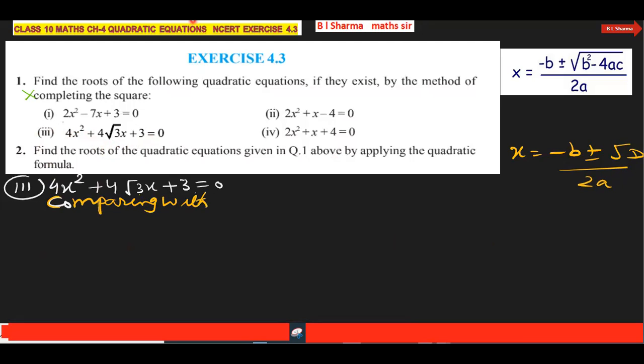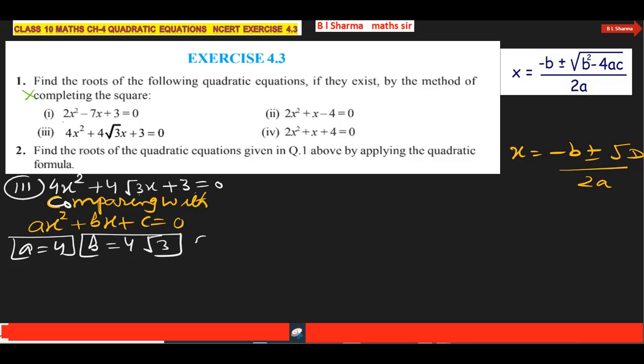with the standard form, that is ax square plus bx plus c is equal to 0. We have a is 4, b is 4 into root 3, and c is 3. Now discriminant will be